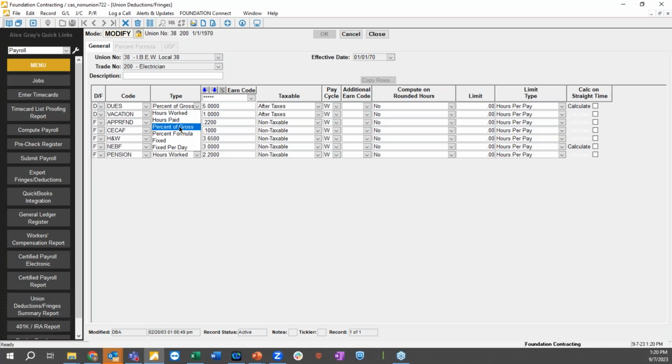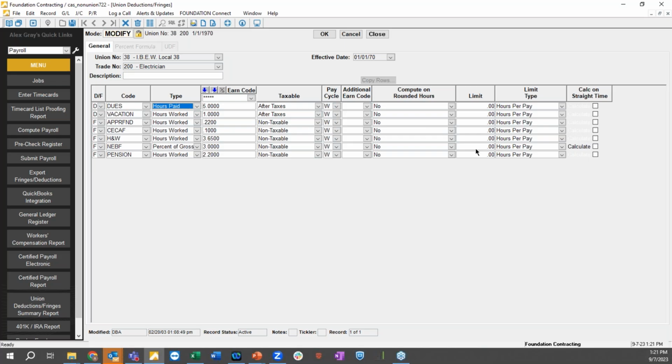Some specific benefits may be subject to that 0.5 calculation for overtime, or maybe a specific one isn't subject to it, where it's based on hours worked and we're not exposing it to that 0.5 overtime calculation. Our team will be able to read that union contract, work with you, and have this set up correctly. There is no union setup that Payroll for Construction is not able to set up and work with inside of our system.